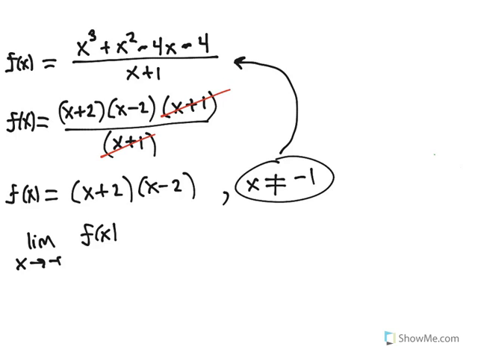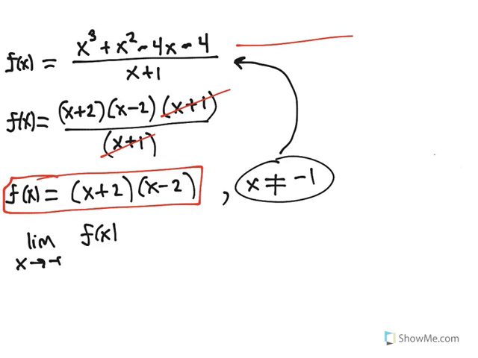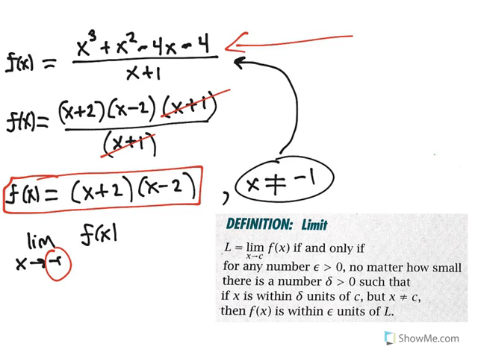And the reason why I can use the simplified version of f of x to find the limit of the original function as x approaches -1 is, remember, if you go back to the definition of limit, you will see this part of the definition, but x is not equal to c. And the reason why we have that in the definition of limit is, as we understood when we were looking at limits numerically and graphically to understand limits conceptually, we understood that